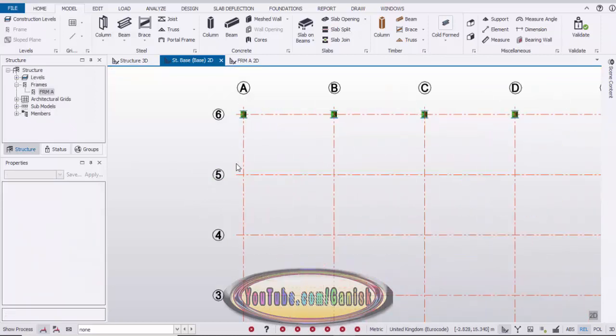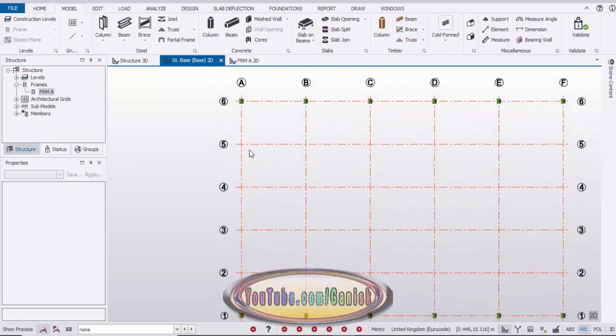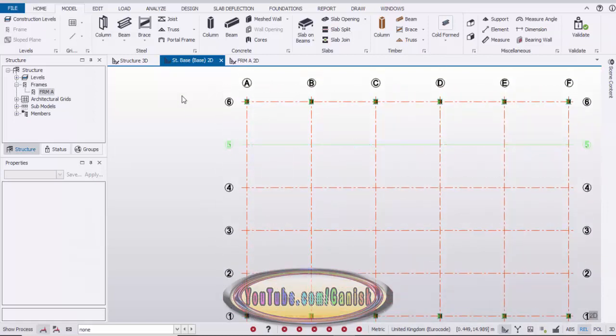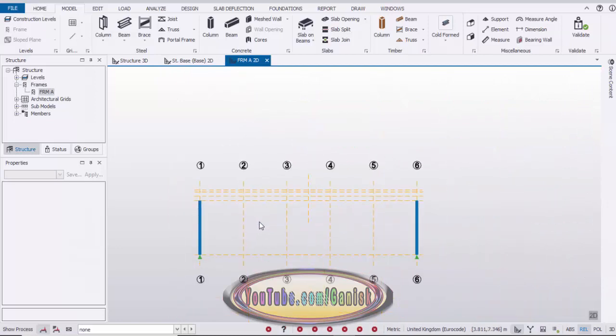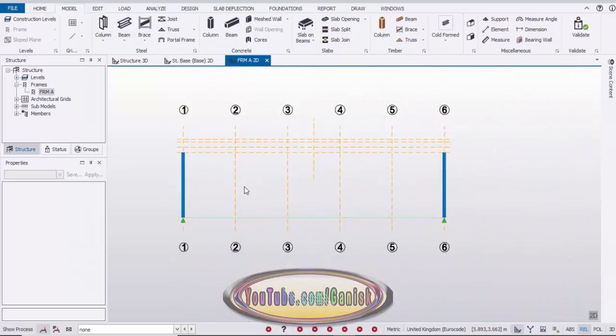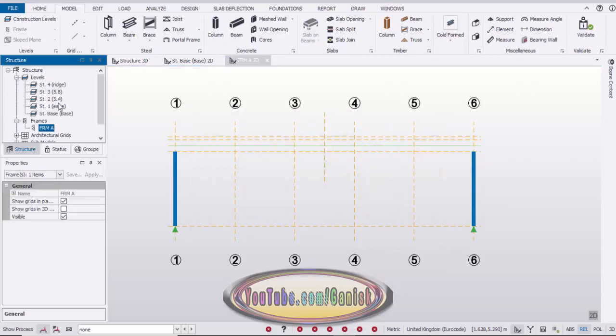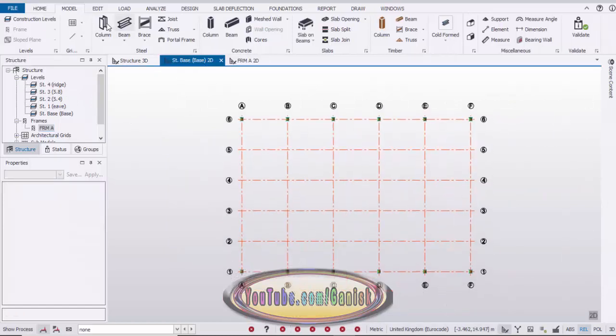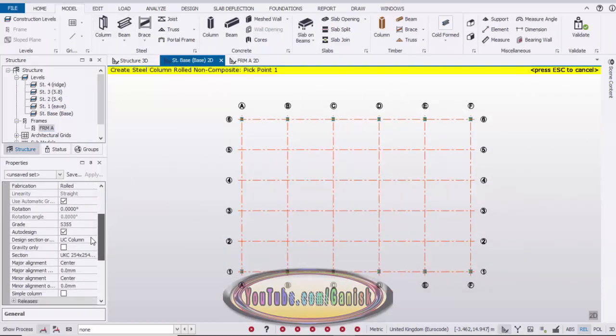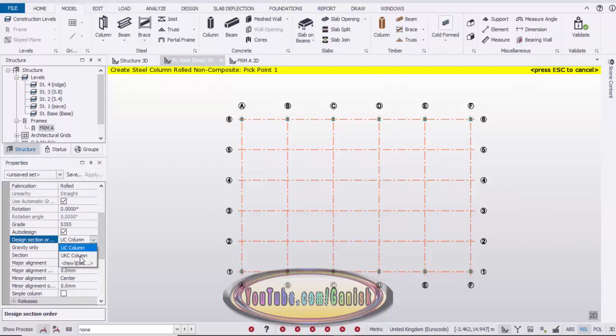Okay, we already know at this level, you can see in the frame A at 1 grid 5.4 and at 3 5.8. So go to the base level and select this column and change here the design section order as a UKC.